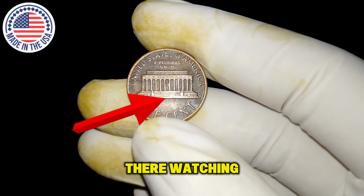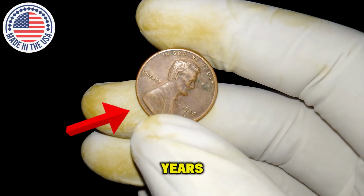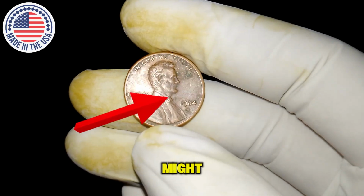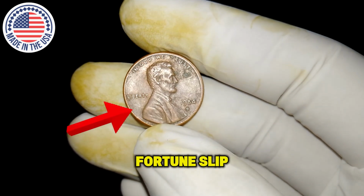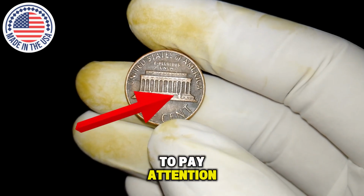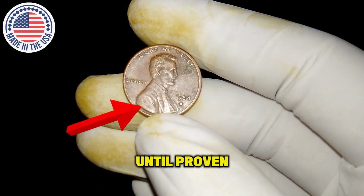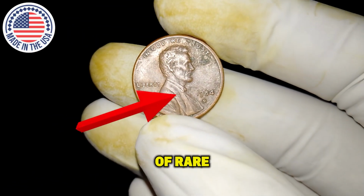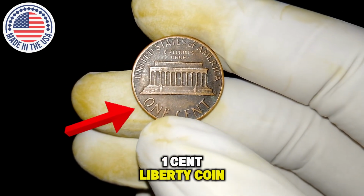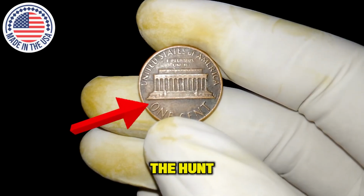So as you sit there watching, perhaps you are already thinking about the coins you've handled over the years, the pennies you've spent without a second thought, and wondering whether you might have let a small fortune slip through your fingers. And that is why it is so important to pay attention, to educate yourself, and to treat every coin as a potential treasure until proven otherwise, because in the world of rare coin collecting, stories like the 1984 1-cent Liberty coin are not just tales of money but of discovery, history, and the thrill of the hunt,